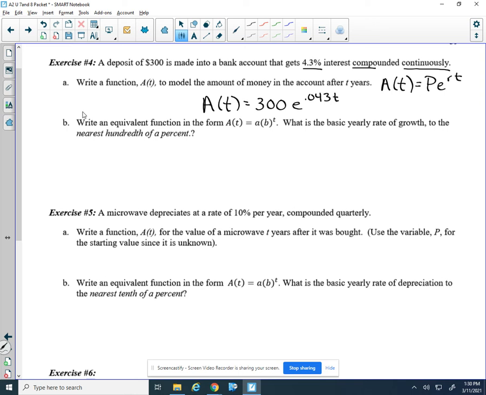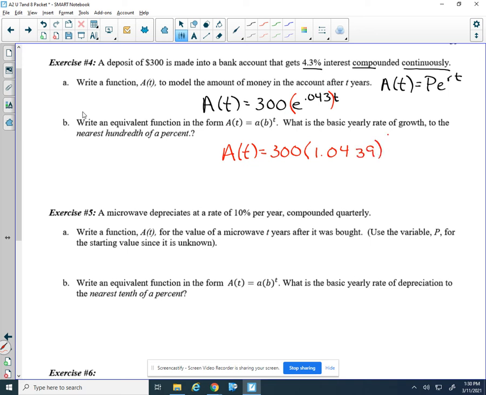Okay, so if you need to go back, watch one of those old videos if that's a problem. So write an equivalent function in the form A of t equals a times b to the t. What is the basic yearly rate of growth to the nearest hundredth of a percent? So just like we've been doing, we're going to put this in a times b to the t form, and that ends up being